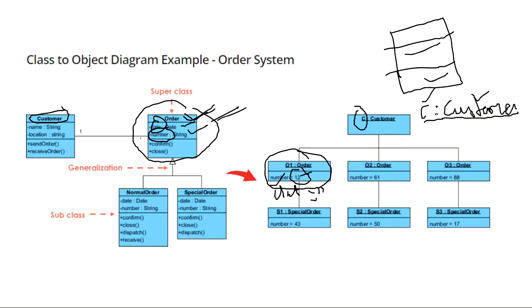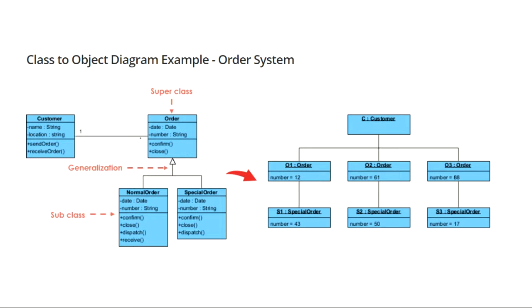Why? Tell me what you think. You know the answer already. For example, suppose I'm creating this O2 object for, again, the order class. Then again I have to provide the value for the members. To initialize it, yes.